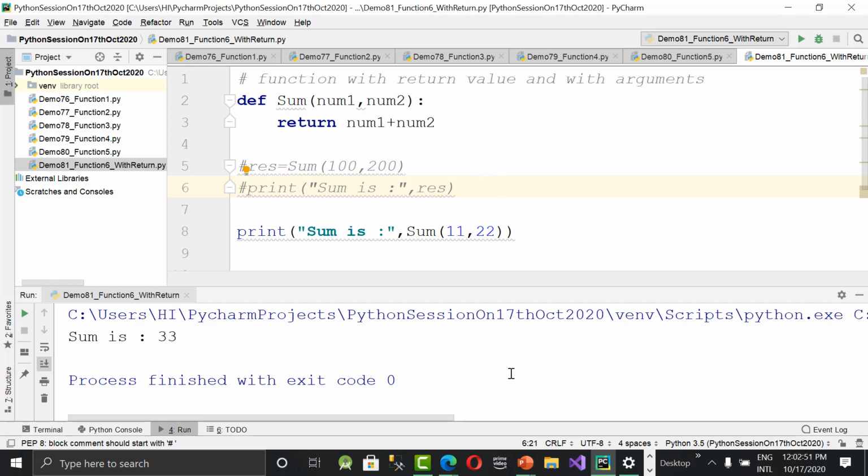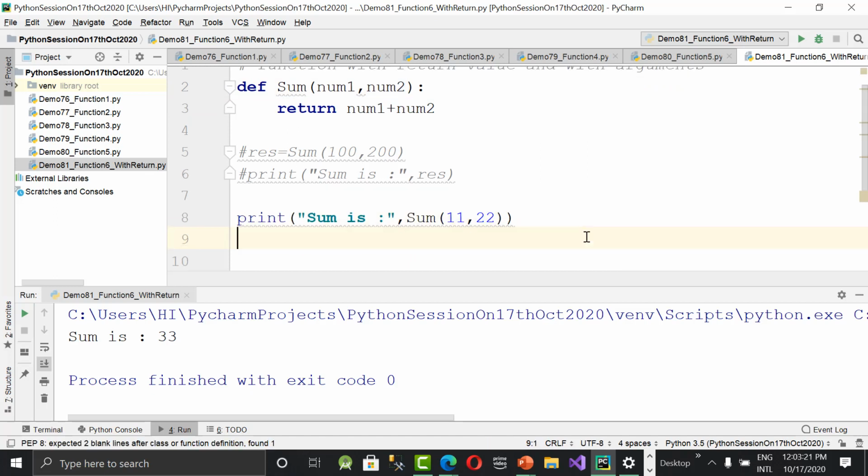In Python, we need not specify types, because even when writing variable names we are not mentioning any type. Directly a equals 10, b equals 20, we are writing. The same way, the parameters are also universal, so we can pass float values as well. Here I'm passing 1.3 and 2.4 to sum, something like that. Now run it again. I'll get a float value as well.